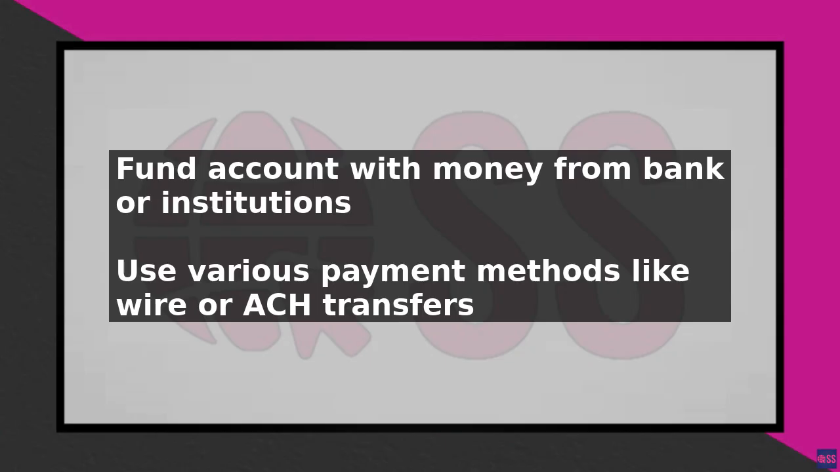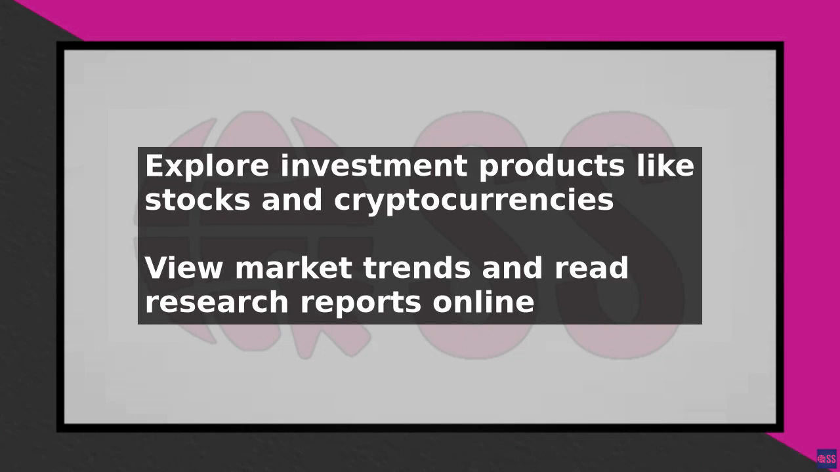To place a trade, simply select the investment product you want to buy or sell, enter the quantity, and choose your order type, such as market order or limit order. Moomoo also offers advanced order types, including stop-loss orders and take-profit orders, which can help you manage your risk and